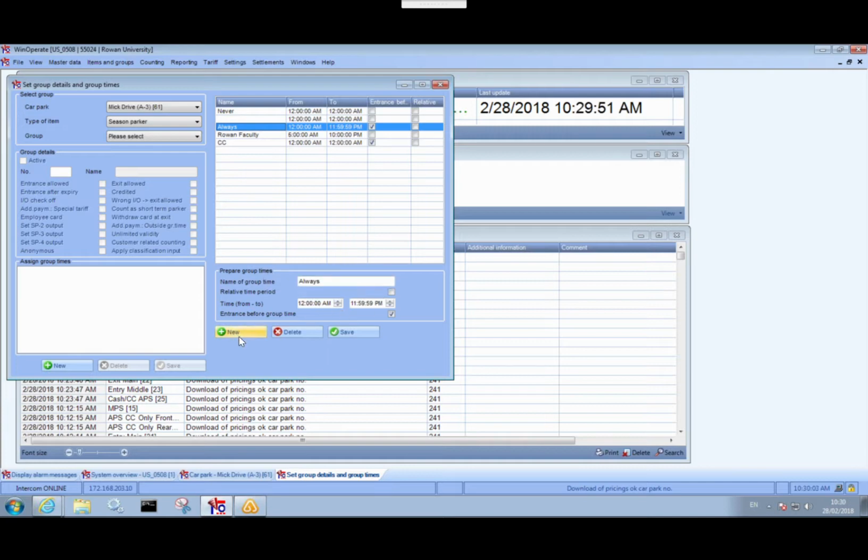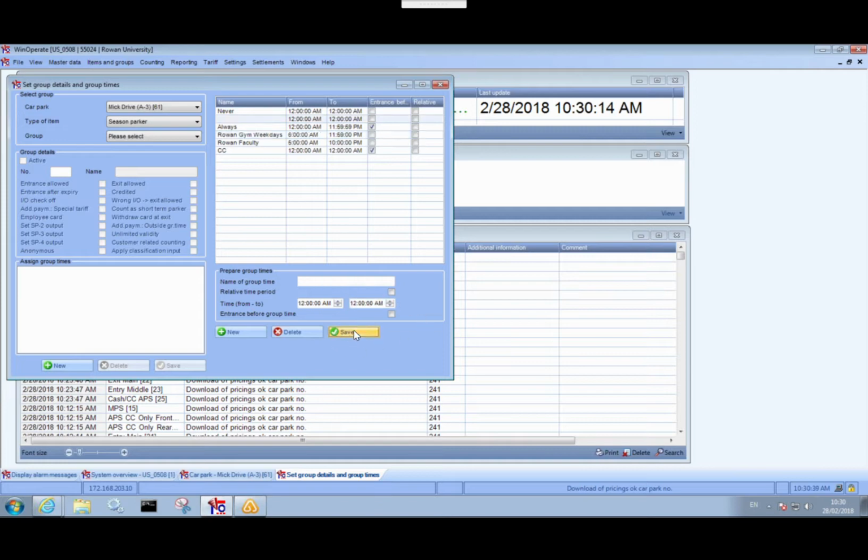Now I need to make a new group for the Rowan University Gym, and to do that I'm going to hit new, and I'm going to open here, Rowan Gym for my title, and we're going to make weekdays one of the time frames. Now on the weekdays the gym's open from 7 to 11. We allow them 1 hour before and after to come in and out of the garage. So I'm going to make this 6 a.m. for the start of the time frame, and we're going to change this to military time, of course, 23:59 for 11:59 at night,